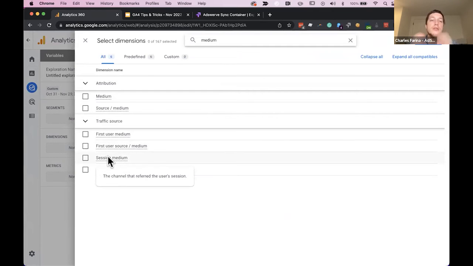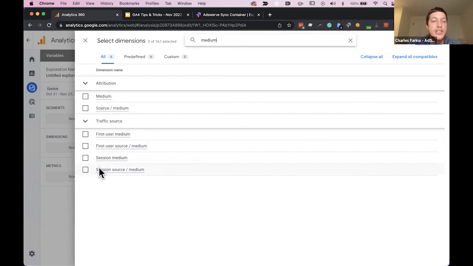If you're trying to use the flexible attribution in GA4, just make sure you're always looking for the event scoped options. Those will always just be called medium or campaign or source. If you see first user anywhere, just know that's first touch.